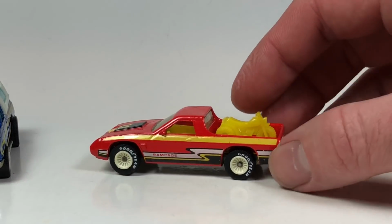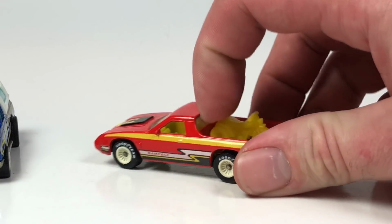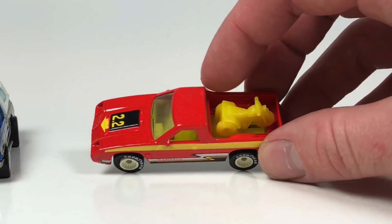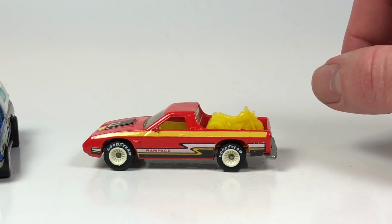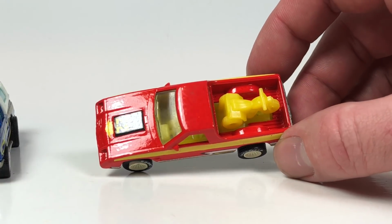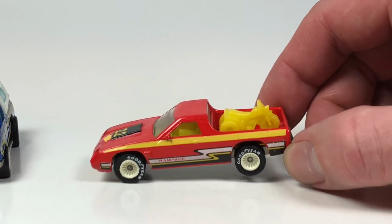Paint's not that great on it. It's got a 3-wheeler in the back. That's pretty cool. I don't know if that's removable or not. It almost looks like it would be, but probably isn't, because it's yellow and it's the same color as the interior. So this Rampage casting was basically only released in this year, 1984, and it wasn't ever to be seen